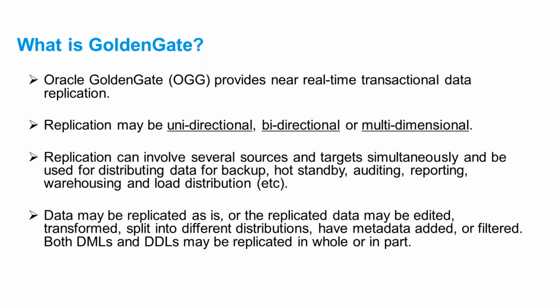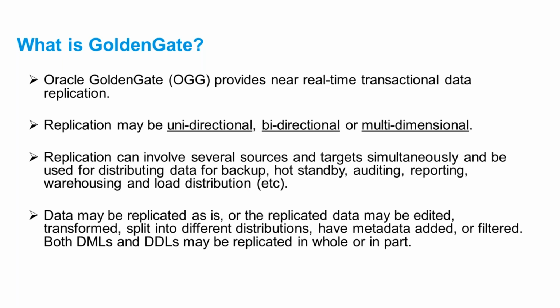Golden Gate can replicate the data. The source database can be on Unix, or can be on HPUX. Golden Gate can replicate the data. So there is a list of supported platforms and supported databases which Golden Gate supports. The list from 19c has been increased a lot. So now Golden Gate also supports NoSQL databases, the Informix database, and replication to Postgres. So there are a lot of options available.